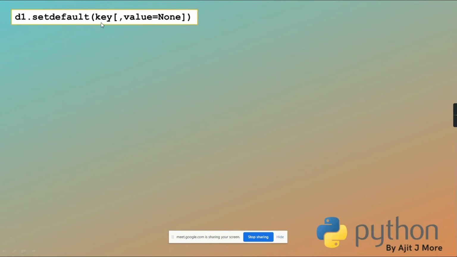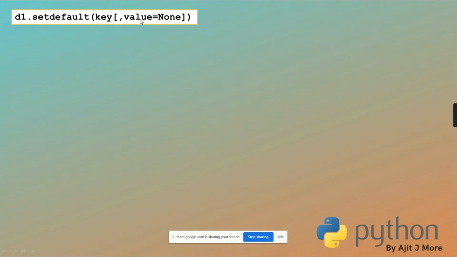You have to give the key and it will return the value of that key. Give key, it will return value. But if the key is absent, then it will add this key in your dictionary. But then what will be the value for that key which is absent?